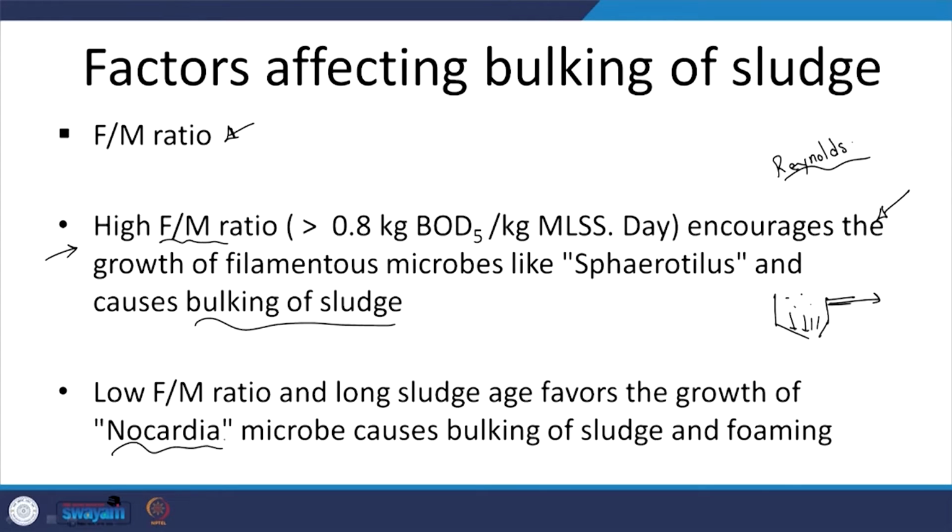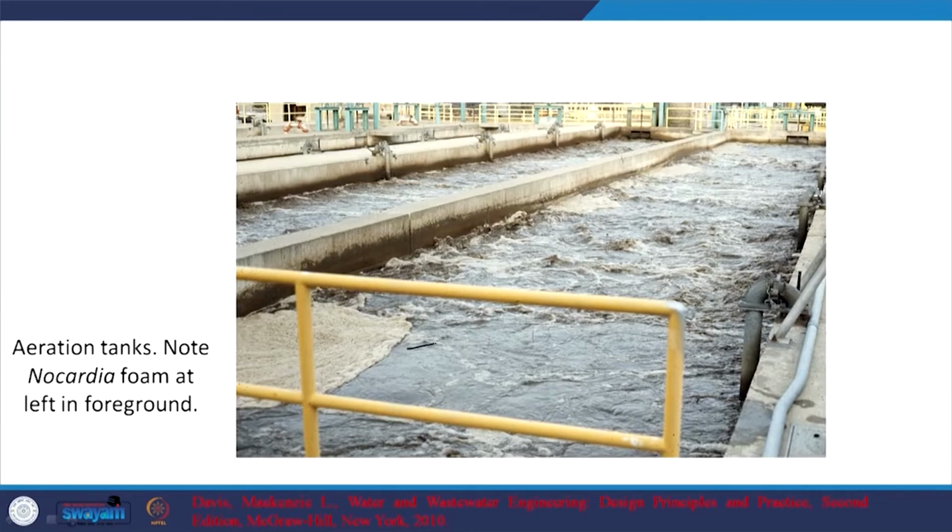And the other one is with respect to foaming. Typically Nocardia causes foaming. Here we talked about bulking of sludge and foaming, but typically it leads to foaming. This seems to be prevalent when we have fine diffusers, or again the conditions are described in different ways in different sources. But one aspect of the principle here seems to be that you have air, and Nocardia type of microbes which are